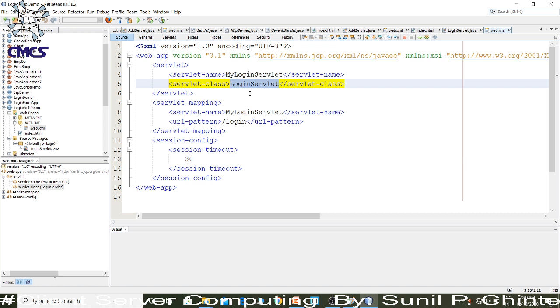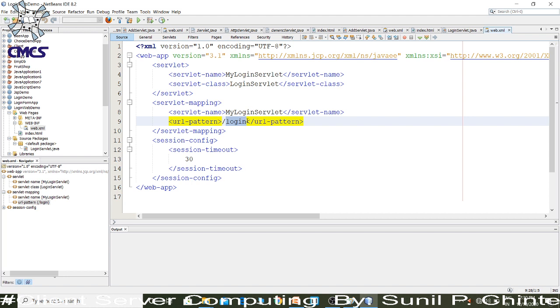And with this external alias name, the user can interact with the servlets. Means you will not access the servlet directly with its actual name.